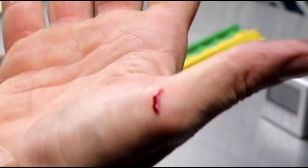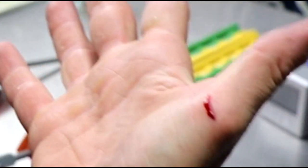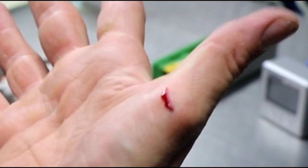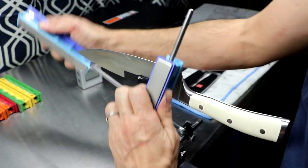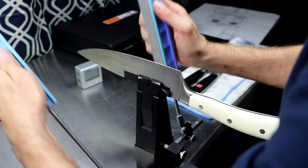And this is something that concerns me. Right at the very tip of the blade, the way the paddle comes across the knife, I gave myself a little flesh wound. But you know what? We keep on moving because we have a lot of knives to sharpen. And as we continue to sharpen this particular knife, you'll see...